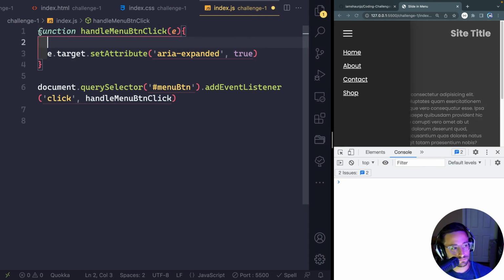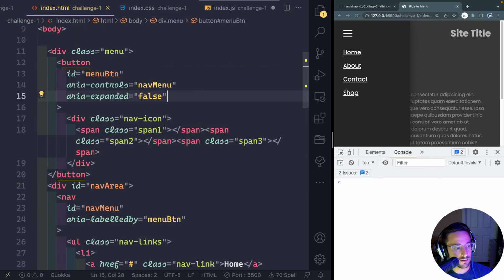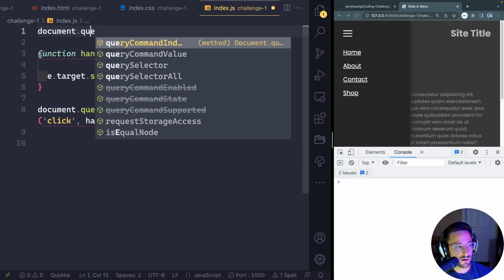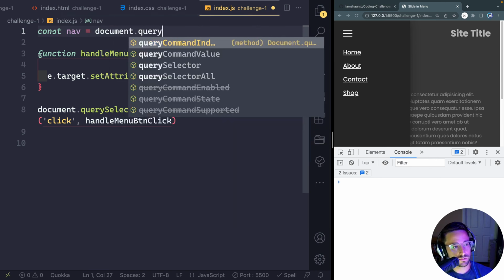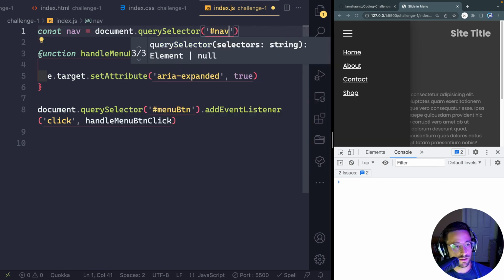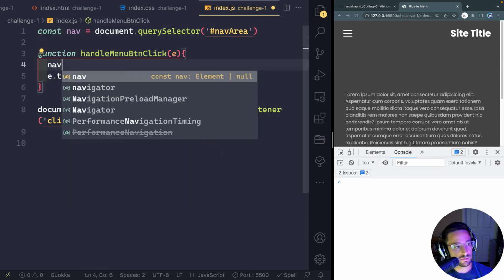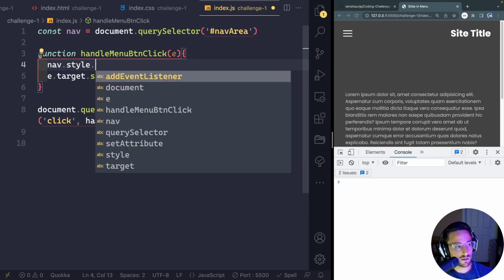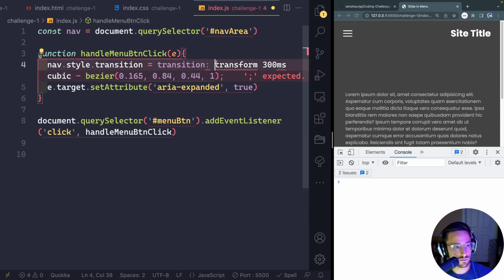The other thing I want to do is, I don't need to grab that inside here. I want to grab the nav menu and apply that transition style to it on the first click. I mean, I guess I can just do it every click. It's not going to hurt it. So nav area. So document.querySelector, let's call it nav, sure, nav is fine. And we're going to grab the nav area, like this. And in here, we're going to say nav.style.transition equals. And then I've got this here on my clipboard. So let's just,